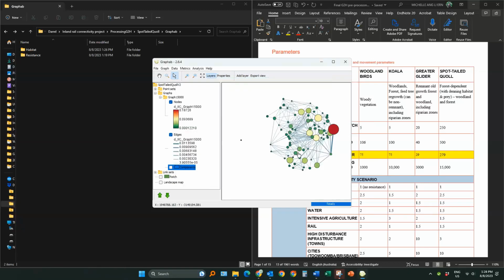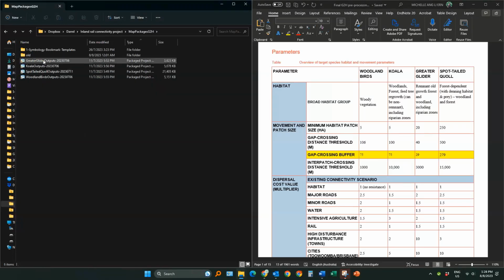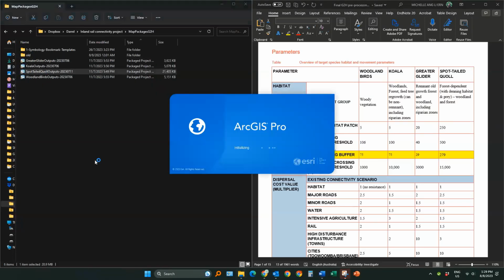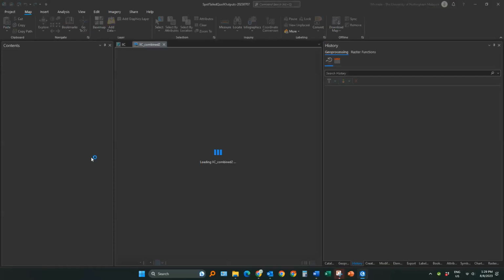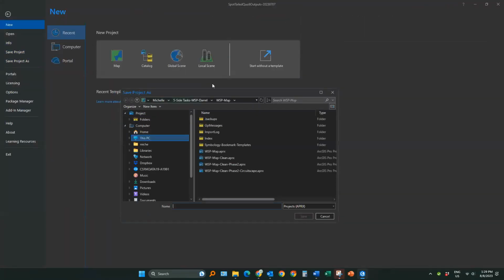All right, so once that is done, you can close it, and you can view the outputs in ArcGIS. So usually what we would do is that we would open, for example, the previous map package. And I'll let this load for a while. You can see the outputs are here. So I'll just make sure to save my project